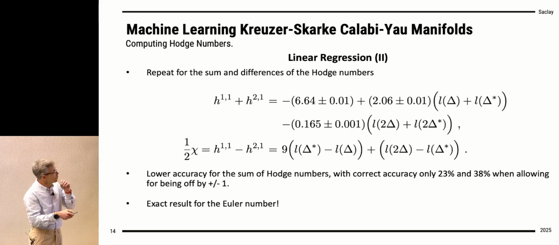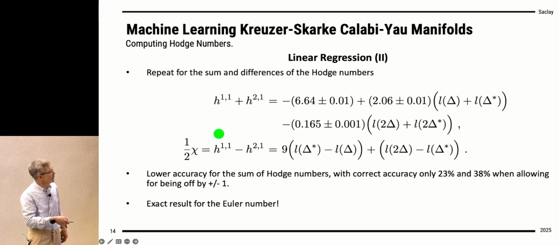So we did linear regression on the individual Hodge numbers, but the more important thing is getting to this expression here. We did linear regression on the Euler number, and lo and behold, one finds this very simple expression,